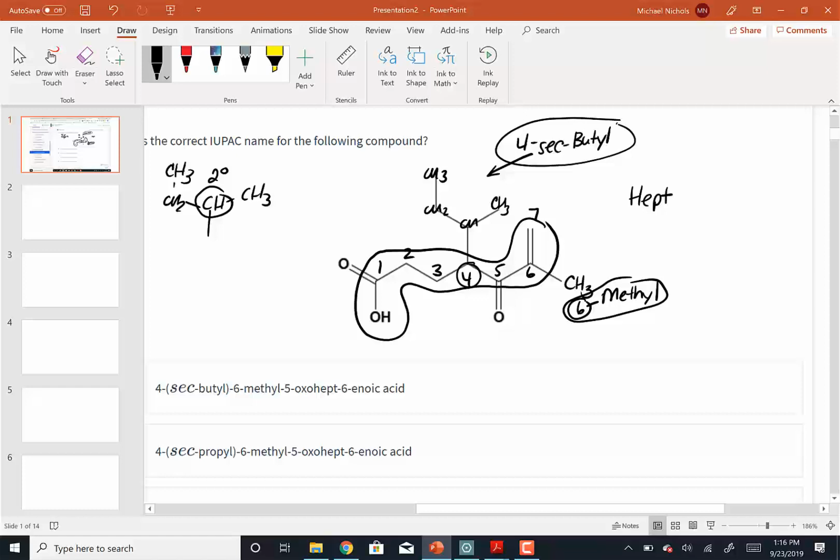The sec-butyl is alphabetized first. Why? Because whenever there's something hyphenated, you don't count it. So this is B and this is M. So the substituents are a 4-sec-butyl, 6-methyl,